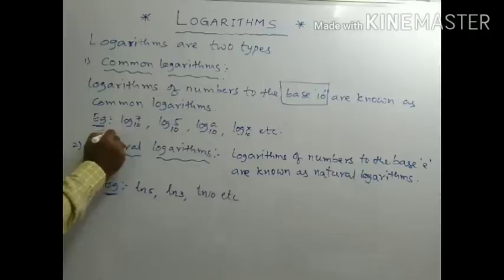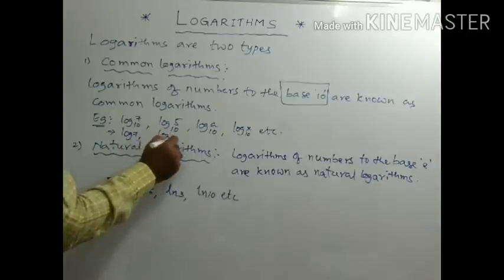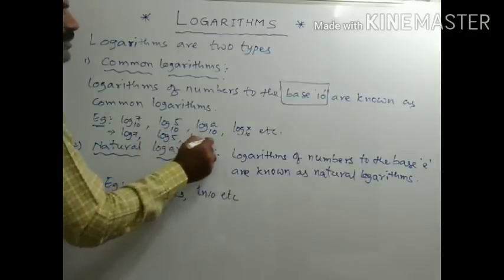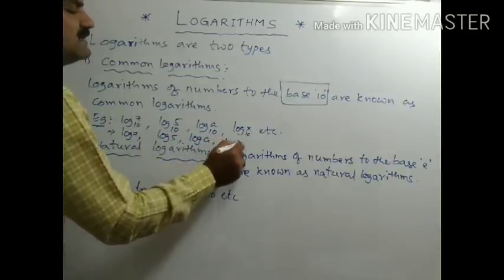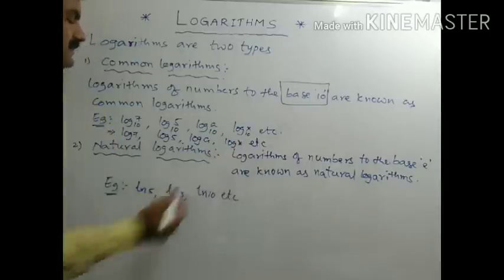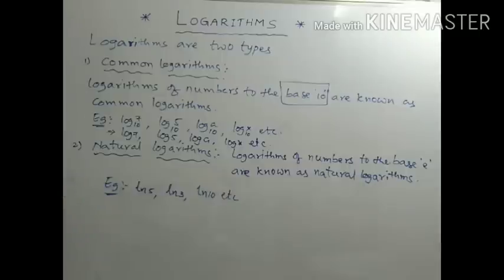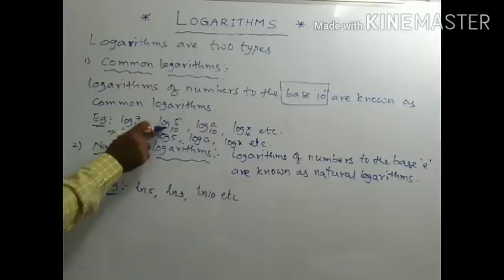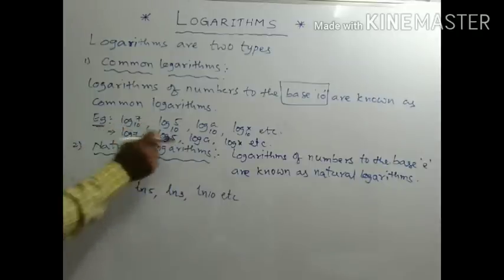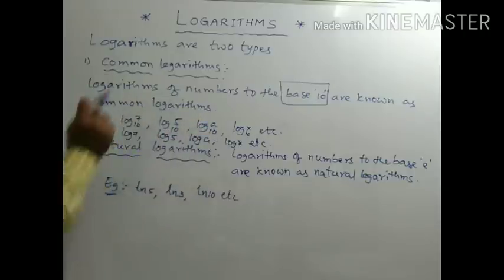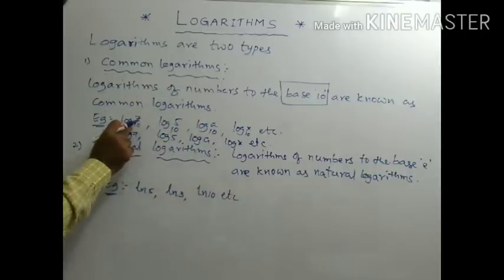These we can also write in this manner. Simply log 7 to the base 10, we simply mention as log 7, and this as log 5, and this as log a, and this we can also write as log x, etc. Here I did not mention the base. If I did not mention it, the meaning is that the base is 10. So log 7 to the base 10, we can also write as log 7, log 5 to the base 10 as log 5, and log a to the base 10 as log a. So if it is log, the base is 10.